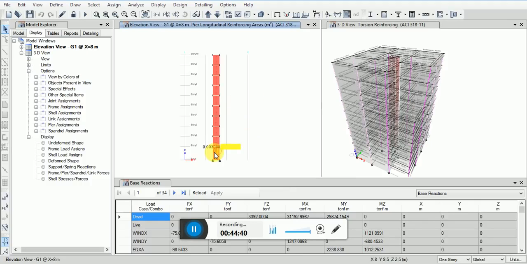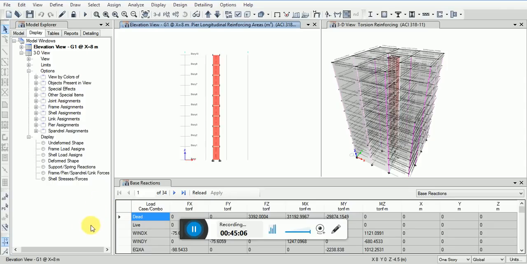So this is the way we do seismic analysis of a 10-story building, including concrete beam, column, slab, wall design and the shear wall design. If you have any queries regarding this particular ETABS tutorial of seismic analysis and design of a 10-story RC building, post your queries as a comment. I would like to solve them as soon as possible, and share with your friends who are in need of